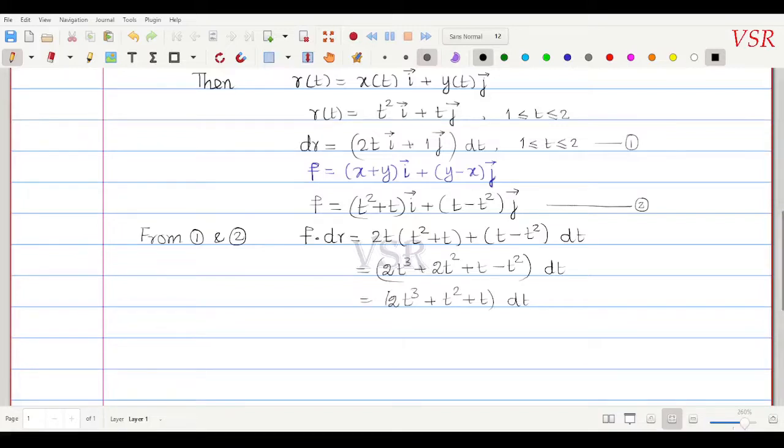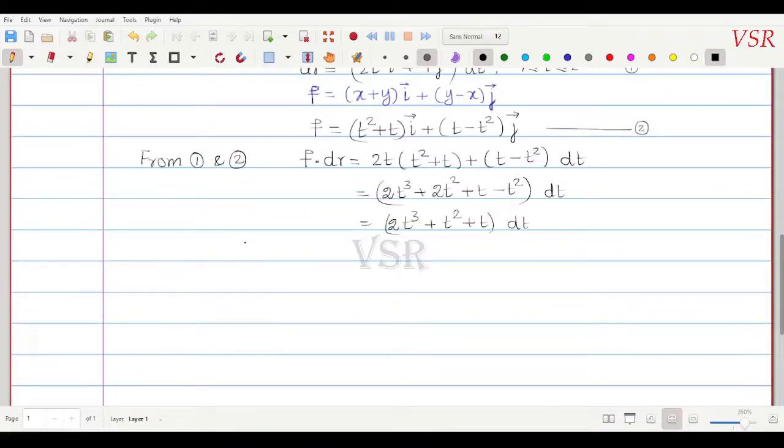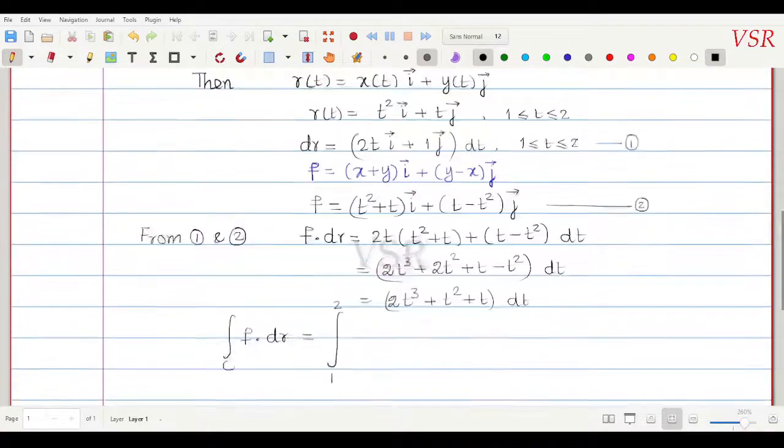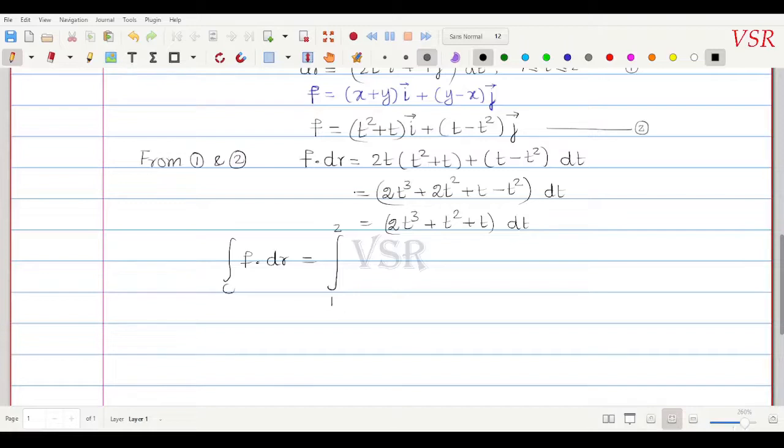Now we can integrate. The integral over C of F dot dr is equal to the integral from 1 to 2, since the limits go from 1 to 2, of F dot dr, which is 2t cube plus t square plus t dt. So what will we have? This is equal to 2t to the power 4 by 4 plus